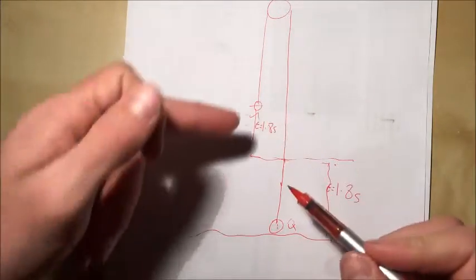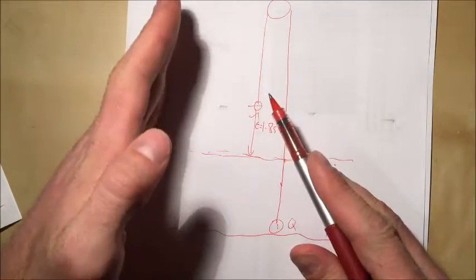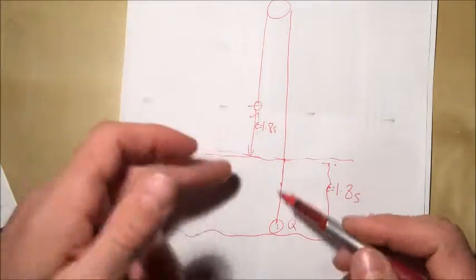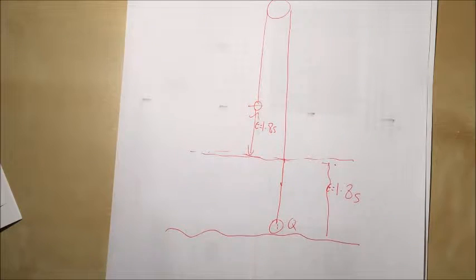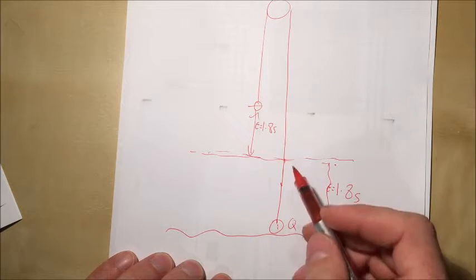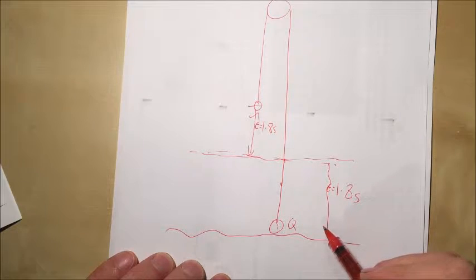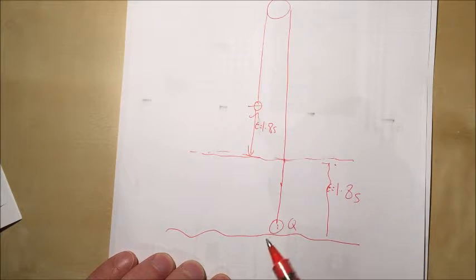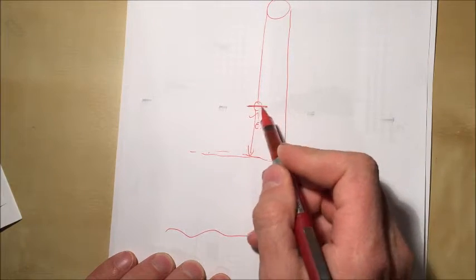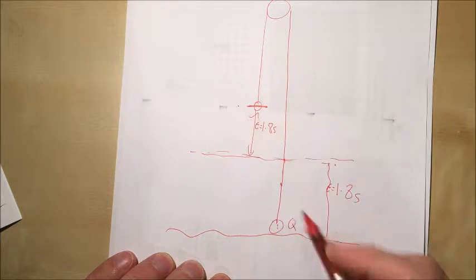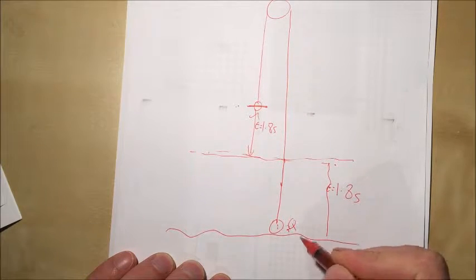Notice I don't say velocity because Q's travelling downwards, P's travelling upwards. So they've got different velocities, but they've got the same speeds because they've been using the same acceleration. So at that point, what we're going to have to work out, well, if we can work out the speed with which P is travelling at this point, that's the same as the speed with which Q is travelling after